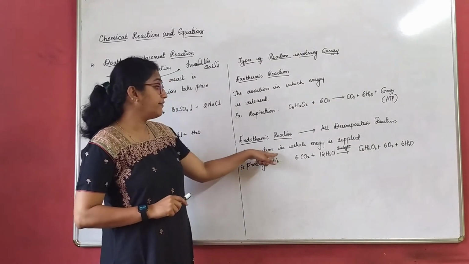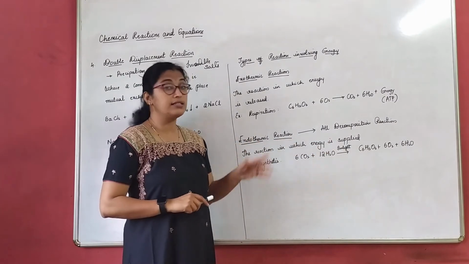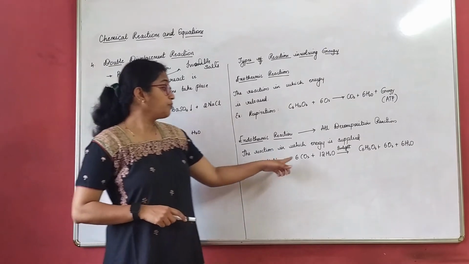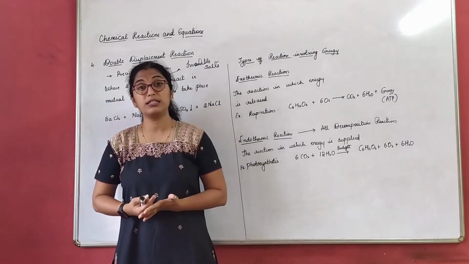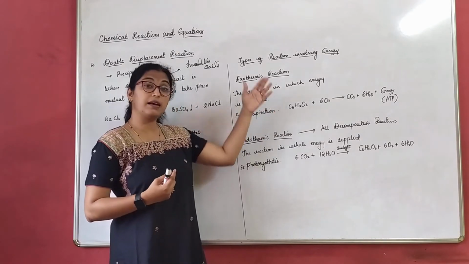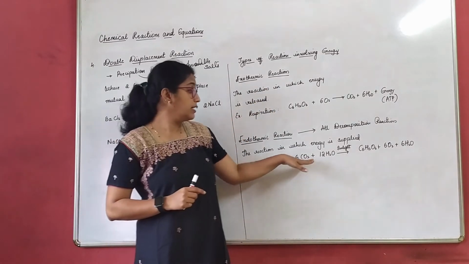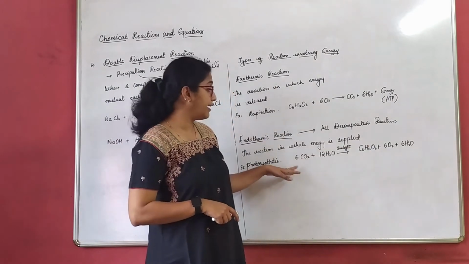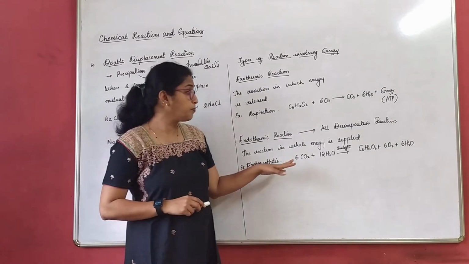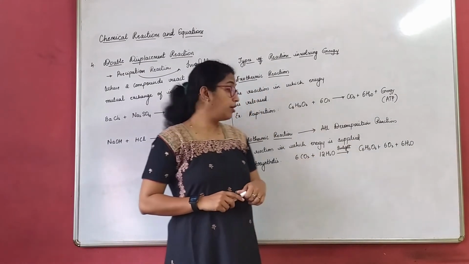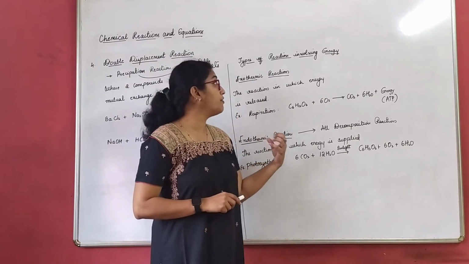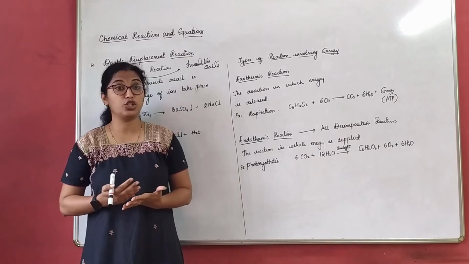Now, the reaction in which energy is supplied is said to be endothermic. Example, photosynthesis. Why? Now, how is the photosynthesis process carried out? In the presence of sunlight. So, respiration is a complete opposite of photosynthesis. This is the equation of photosynthesis that I have written. We have studied the equation of photosynthesis in the life processes chapter. So, this is an example of an endothermic reaction. So, these are the types of reactions involving energy.